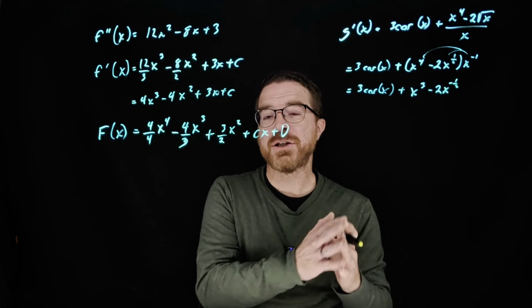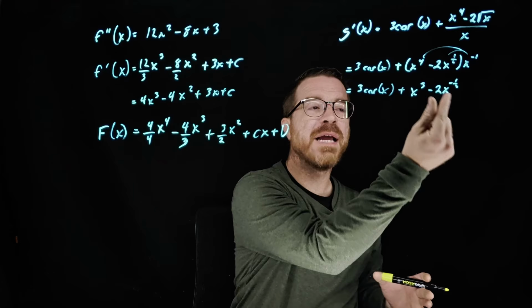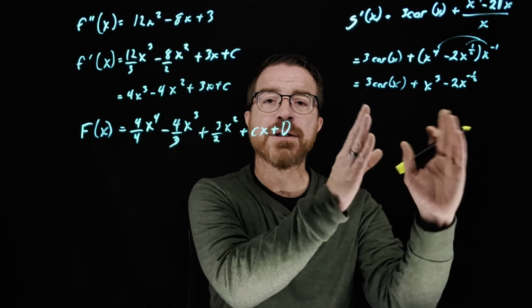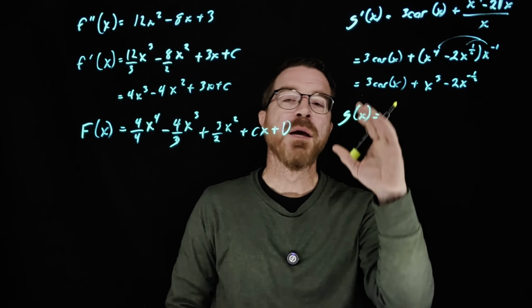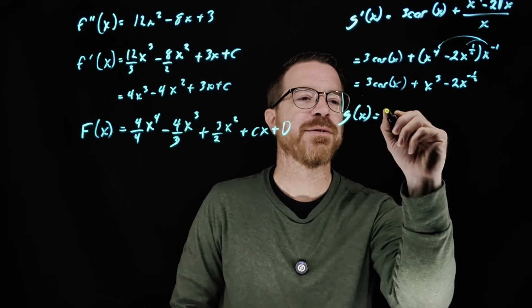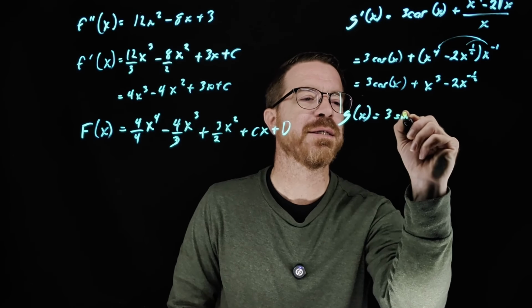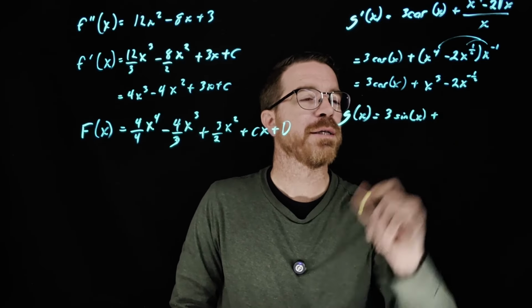At this point, we can actually take our antiderivative, right? We'll take the antiderivative of the first term, antiderivative of the second term, antiderivative of the third term. So if this is our g prime of x, our g of x is going to be equal to, what would give us, if we took the derivative, would give us cosine? That'd be sine of x. So this is going to be 3 times sine of x plus our x cubed is going to become x to the 4th, and then we bring down a 1 over 4. So we have 1 over 4th, x to the 4th, minus,